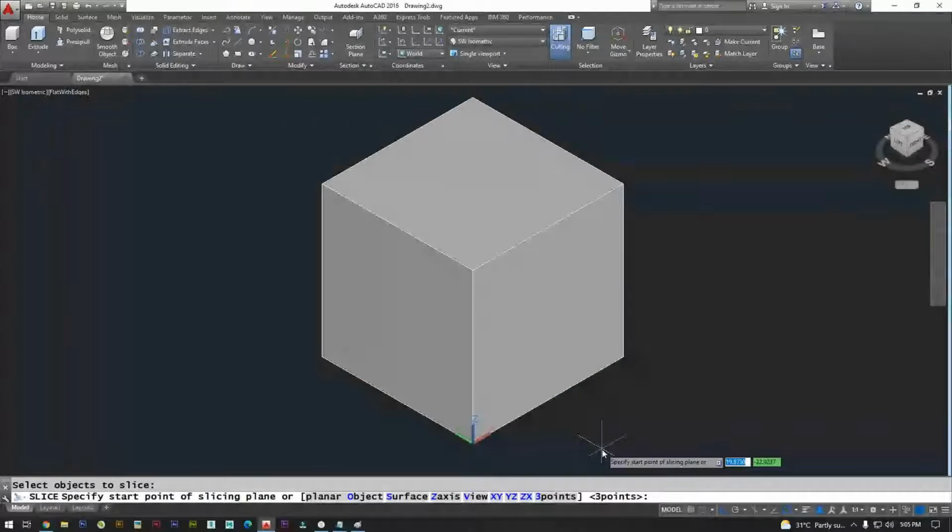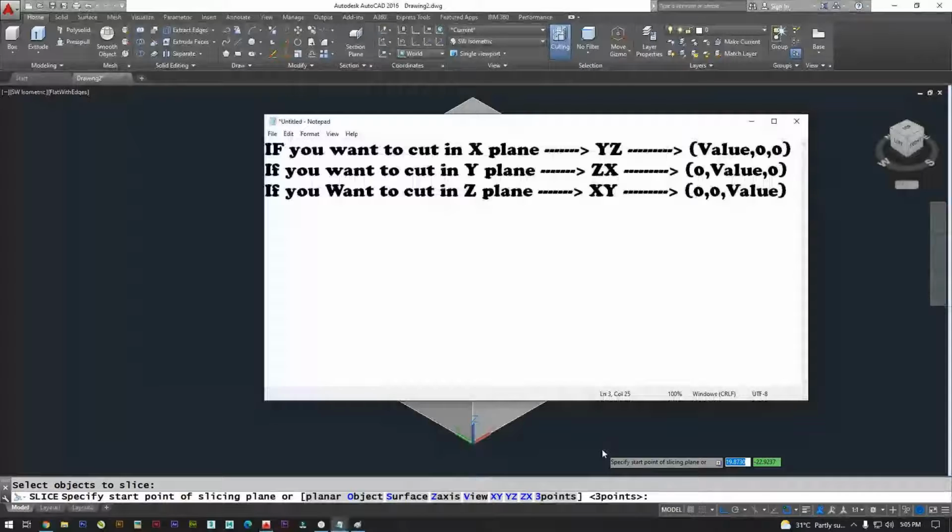See this properly. I want to cut in the X plane.